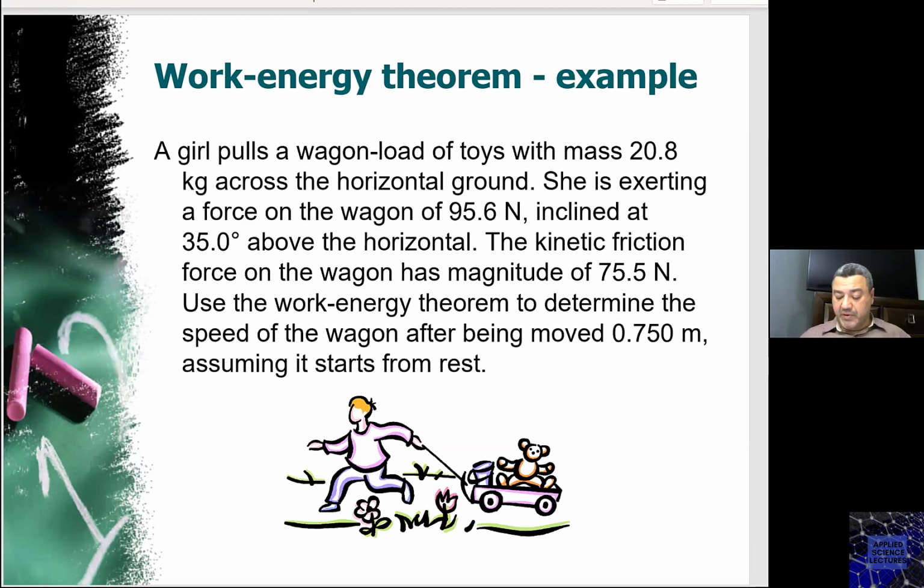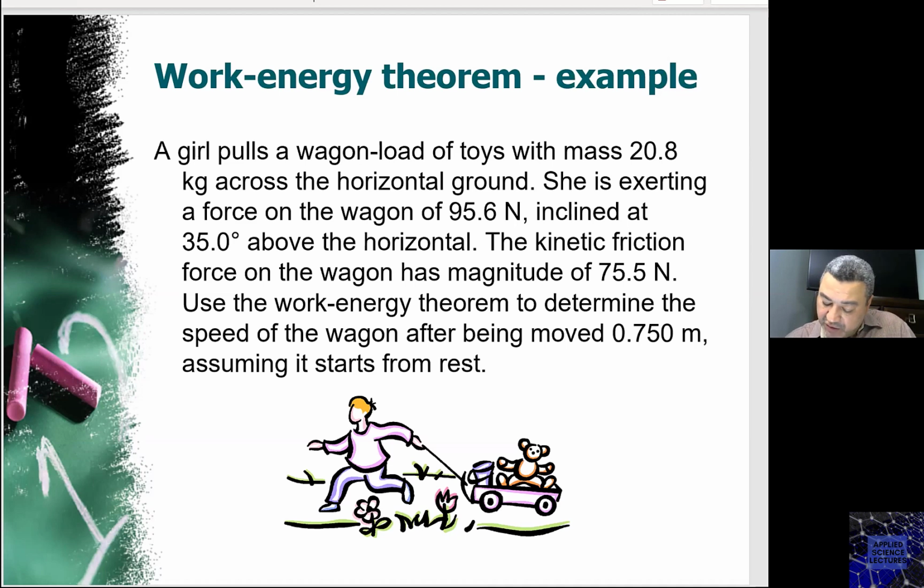Let's look at an example that uses the work energy theorem. We've seen in the work energy theorem that the energy will be transferred from one form to another; it cannot be destroyed or created. And that's why the work that has been done is transformed into a change in the kinetic energy. So let's look at this example. In this example, we want to calculate the speed of the wagon after being moved